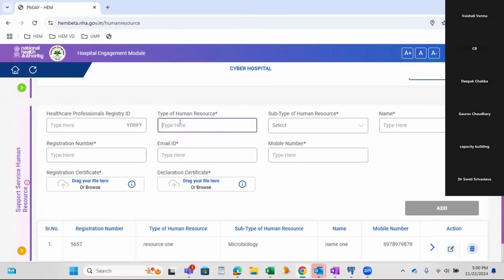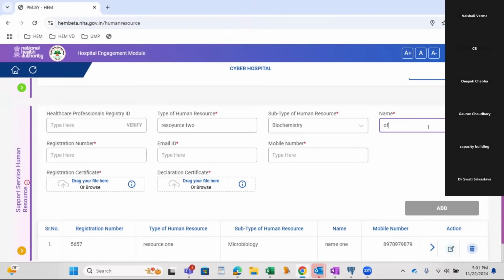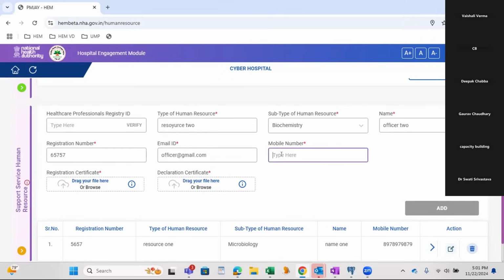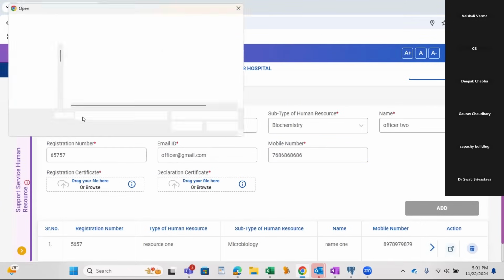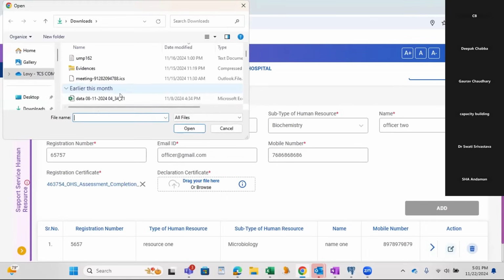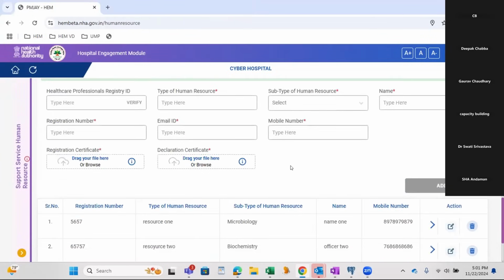So I'm making an entry for biochemistry. And click on save. The second entry is also done.